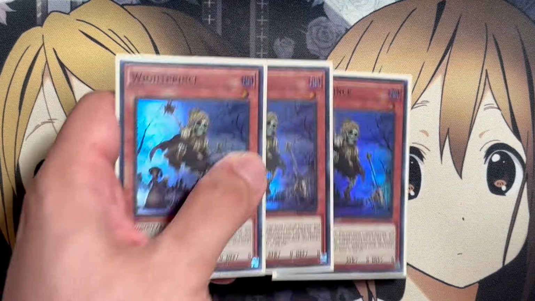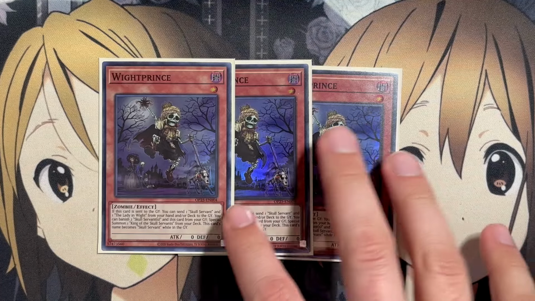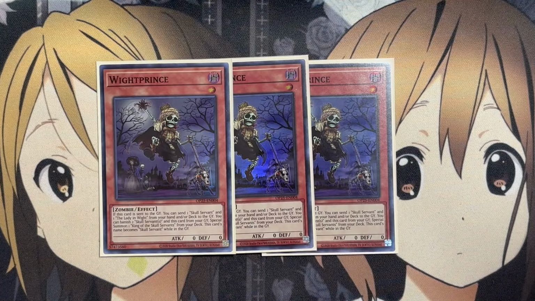We're also running 3 copies of White Prince. If this card is sent to the graveyard, you can send 1 Skull Servant and 1 Lady in White from your hand and or deck to the graveyard, to then also giving you more of that setup for those monsters. You can banish 2 Skull Servants in this card in your graveyard to special summon a King of the Skull